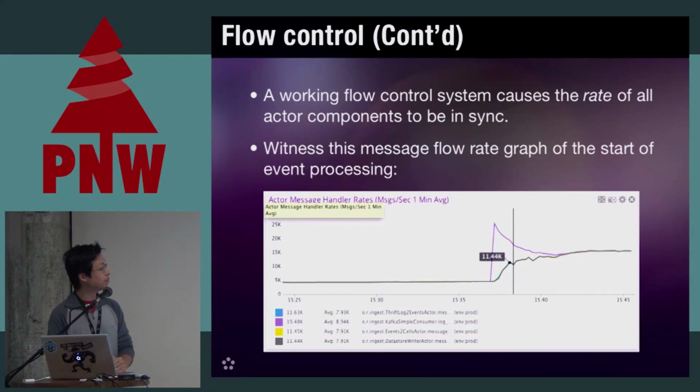Here's a great graph I like to show: a good working flow control system means that the rates of all your actors are going to even out. This graph is a great example of that happening. At some point, I turn on the spigot of my actor pipeline, and you can see there's one trace which spikes up right away and starts to drop. This is reading messages from Kafka, which makes sense, since it's going to start right away. As the processing happens in the later stages, which are the other lines, that will start to slow down the Kafka actor because you will start to get pushback, and eventually they will all agree. So that's what you want to see when your flow control works properly.